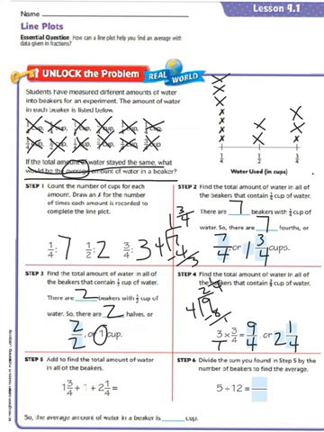Step 5 then has us add to find the total amount of water in all of the beakers. So then we can add our 1 3/4 we got from our step 2, our 1 that we got in step 3, and our 2 1/4 that we got in step 4 together. And when we add those together, we get 1, 2, 3, 4